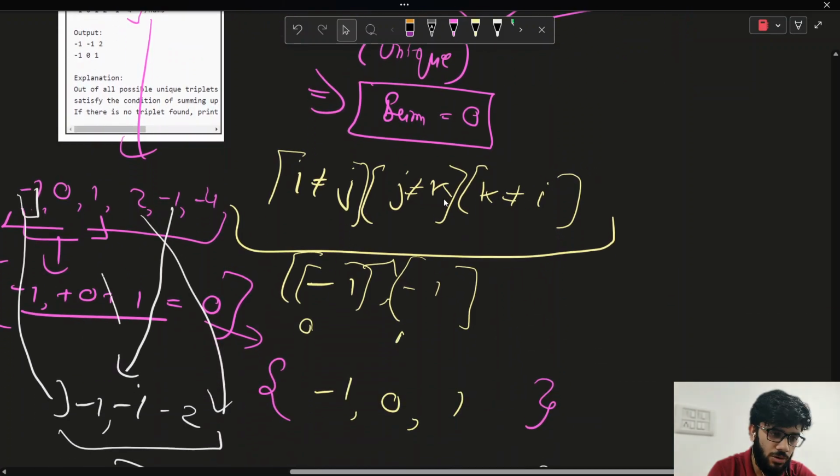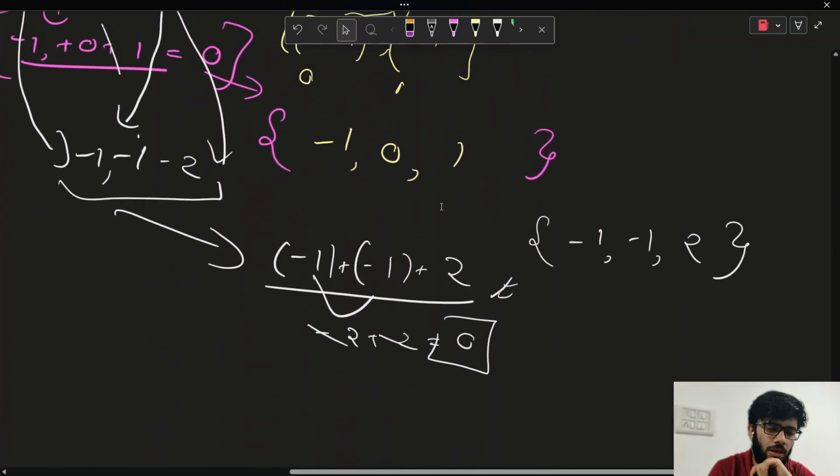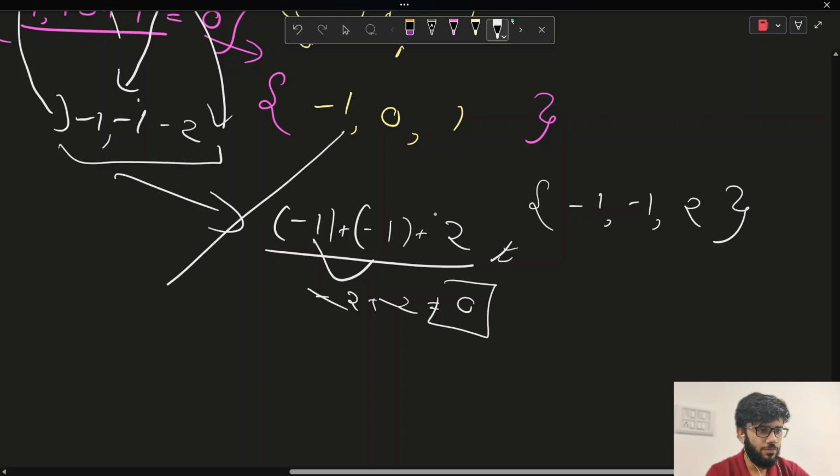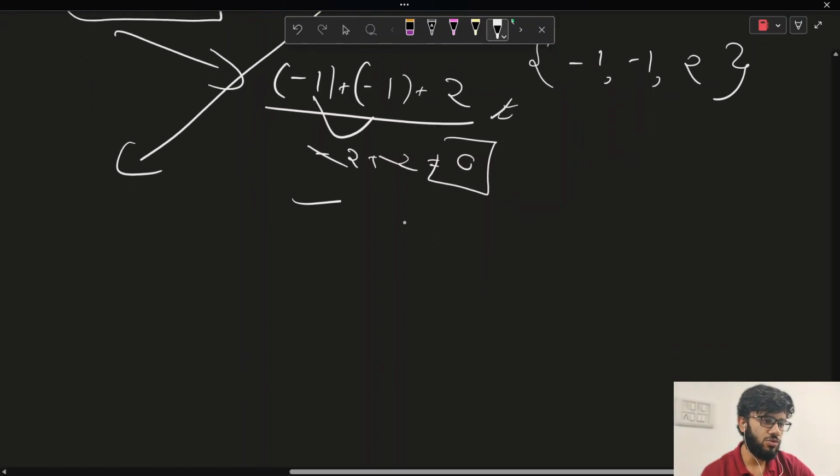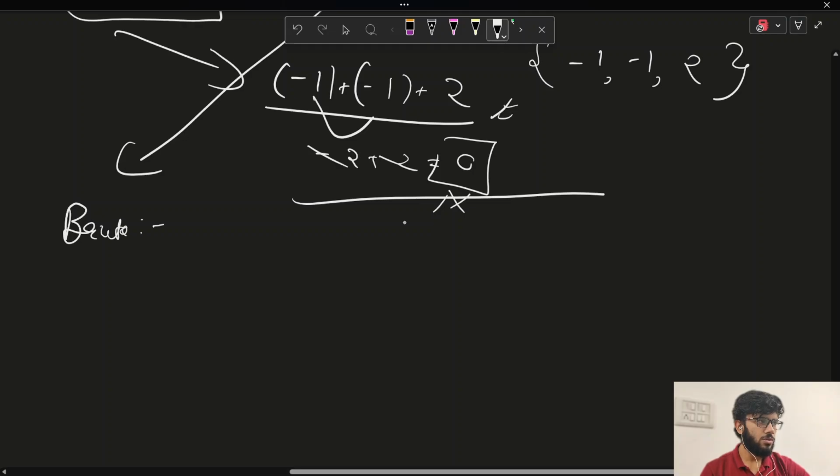Now let's figure out what all we can do. It should not be that if we rearrange these terms, then it also counts. No, we have to find the unique ones. Now let's think about the approach we can follow here. Now it is like a brute approach. It is more of a brute force in which we will use nested for loops